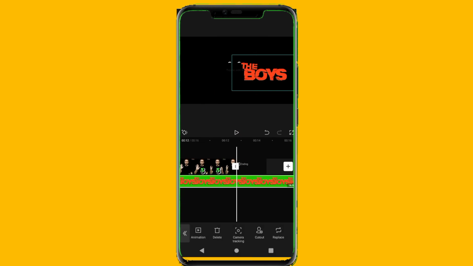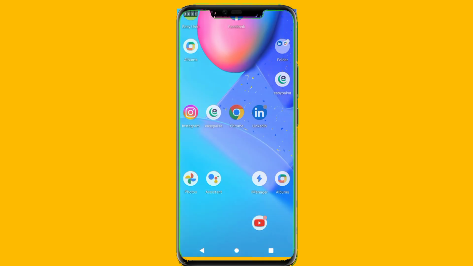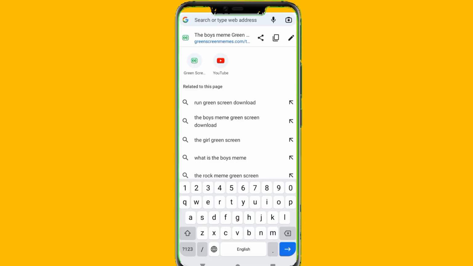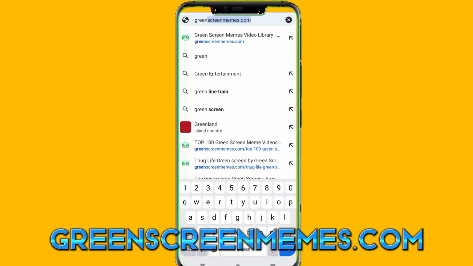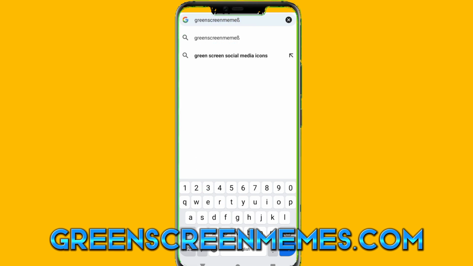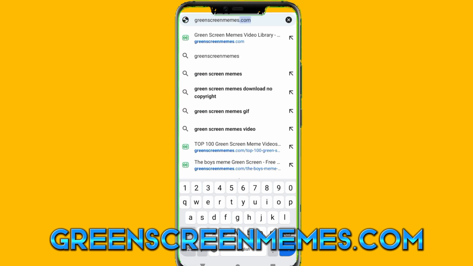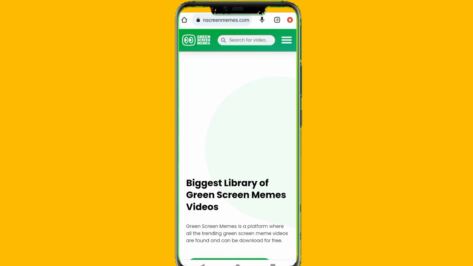It's done. So now how you can download the voice green screen which you can use for your video. So come back here, click on Chrome, write green screen memes.com. Click on these three lines, click on top 100